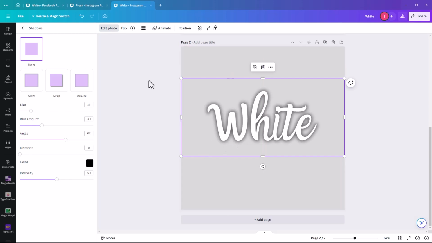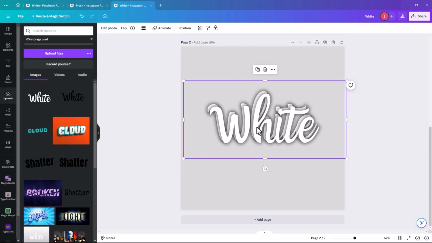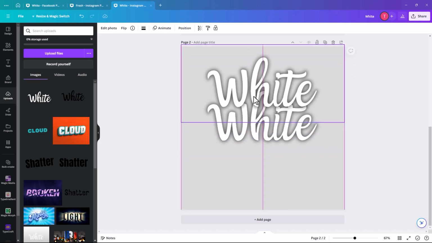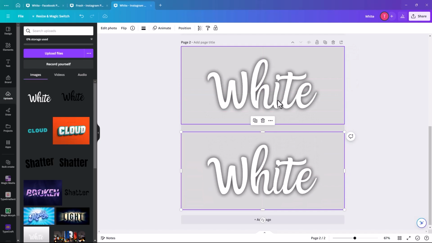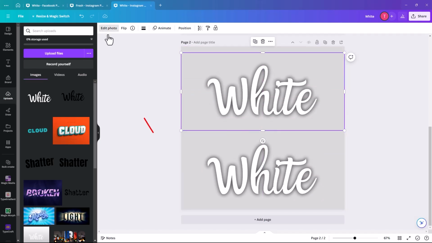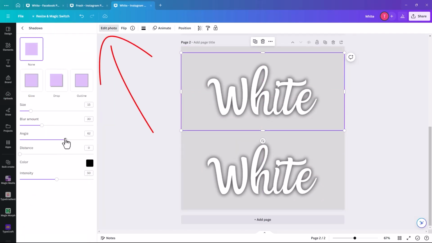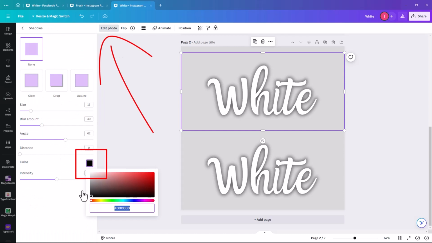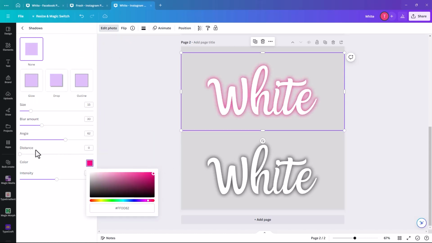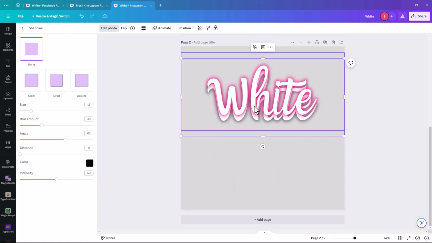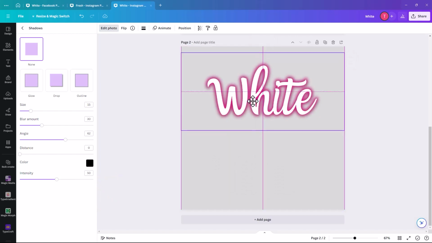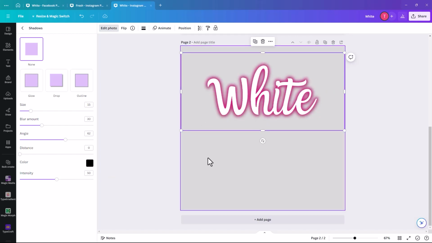Then we're going to duplicate that at the top so we can look at it separately. We're going to edit photo again, click on shadows, and this time we're going to make the color pink. So it has a kind of pink glow. We're going to make the intensity a bit more, about 70. So then when you put it on this,